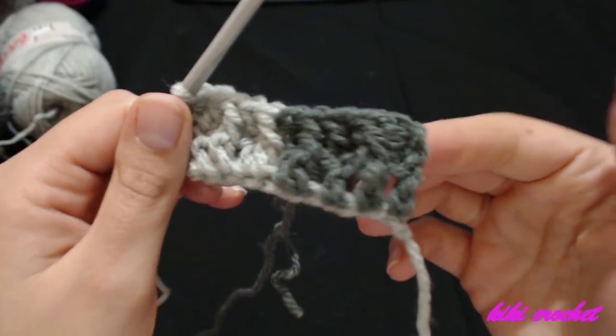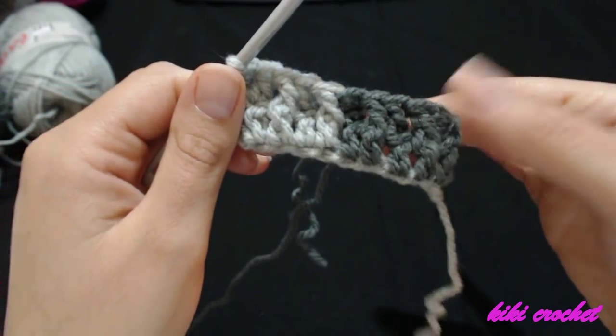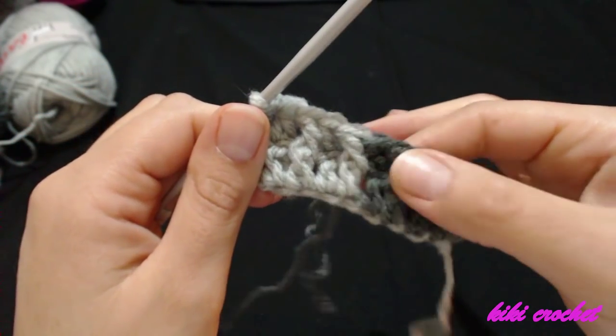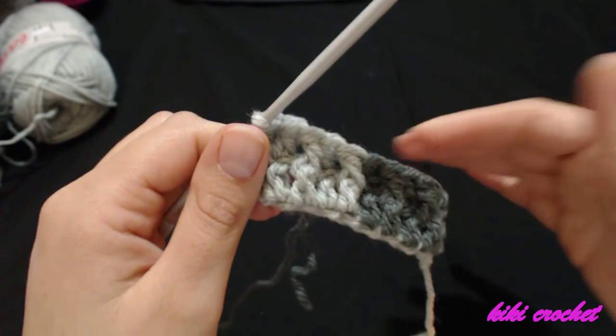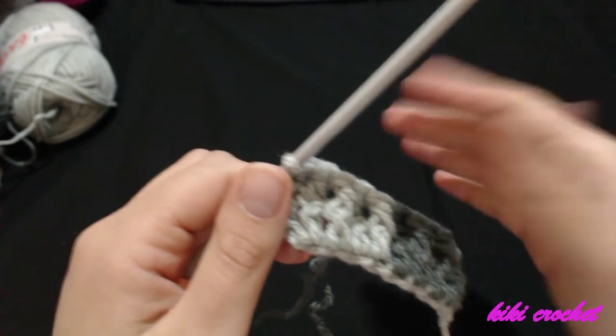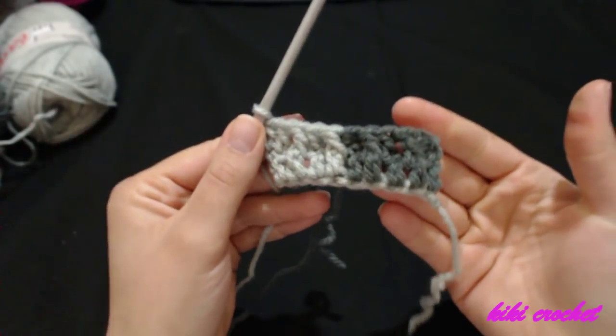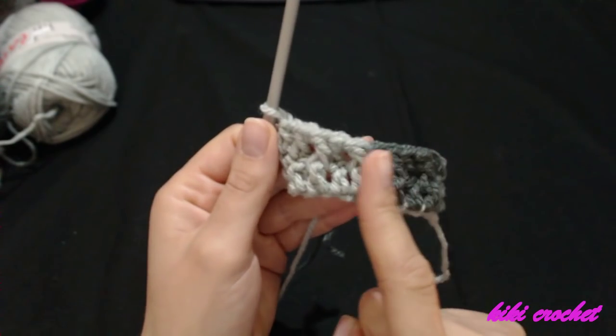So we're using half double crochets in the beginning and at the end because the total height of those stitches, because they're front posts, decreases. So in order for the design to look right for the pattern, we make the first and last stitches half double crochets. So now we've chained 1,